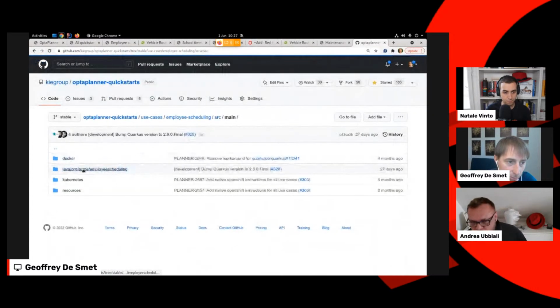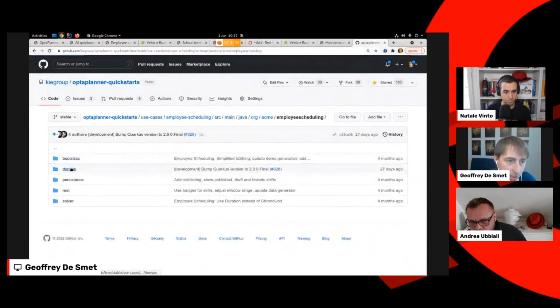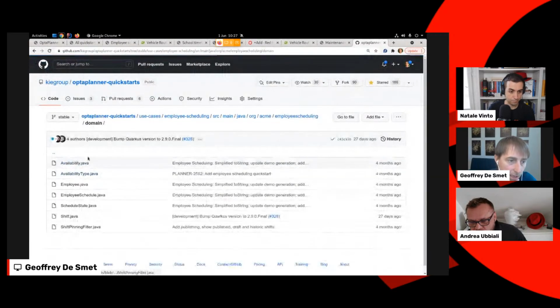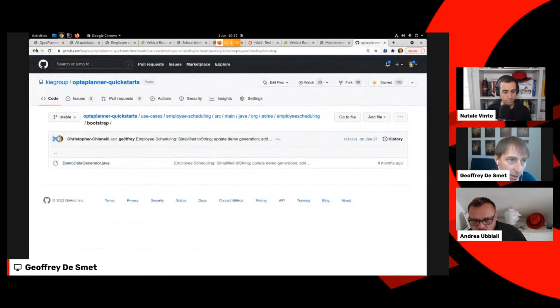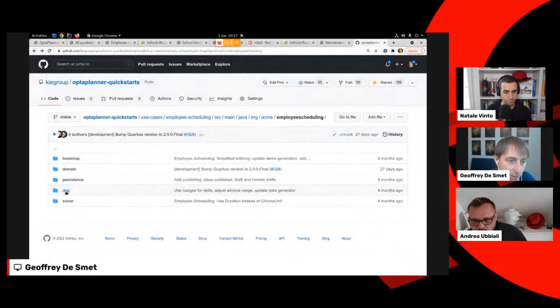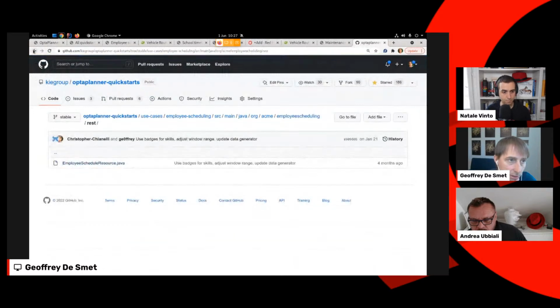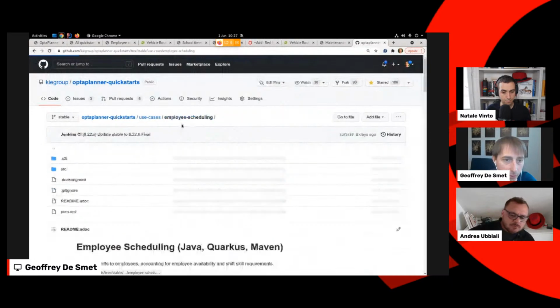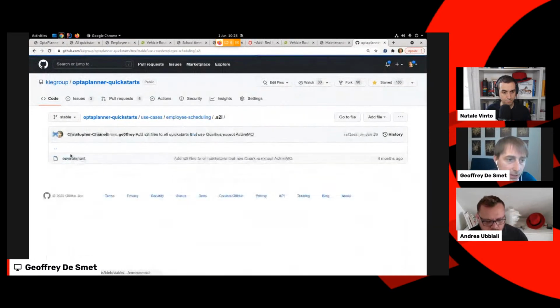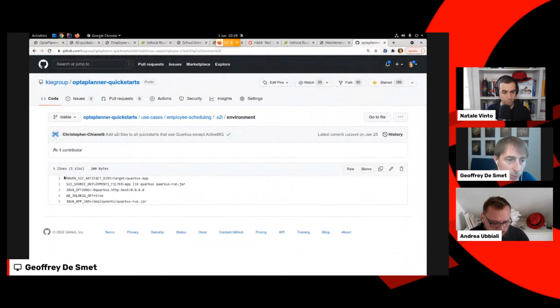There are some tests, but basically there are a few domain classes, a test data class, a bit of persistence, a bit of REST. Maybe 10, 20 files. And then, of course, there's an S2I directory, which has all the information we need to deploy it on OpenShift, right?